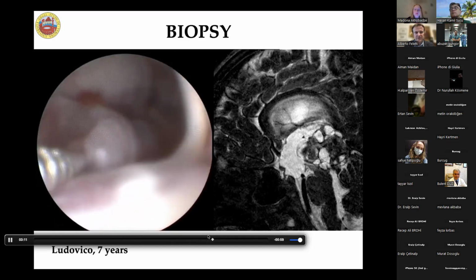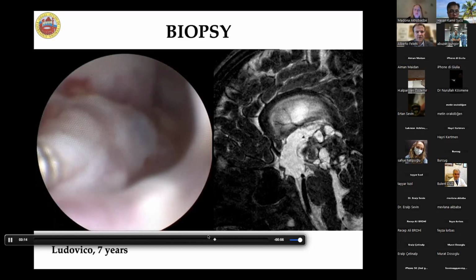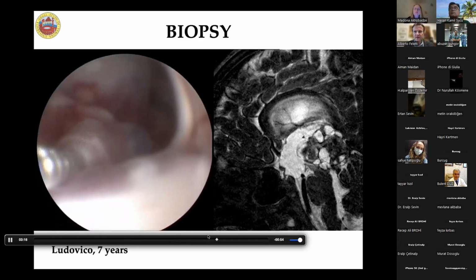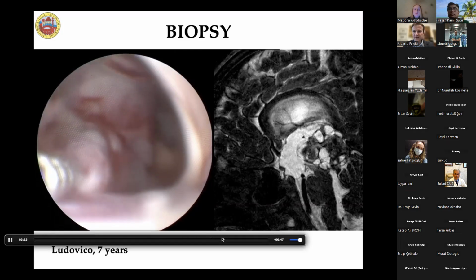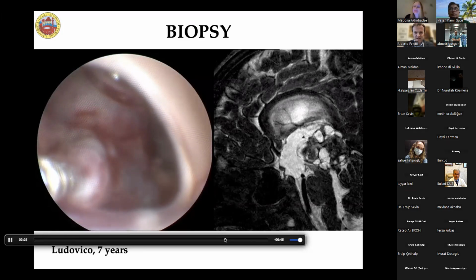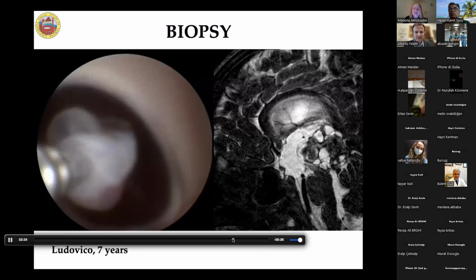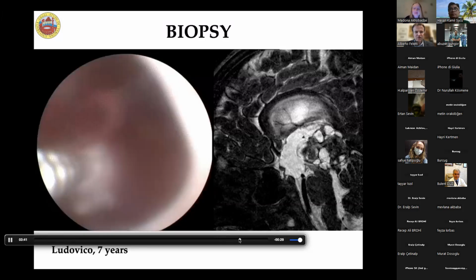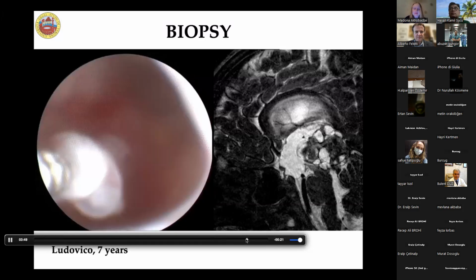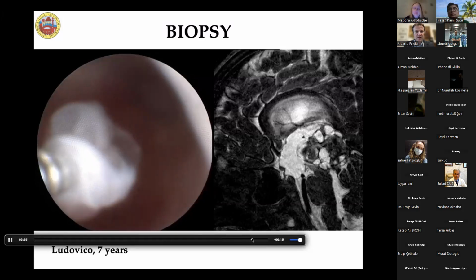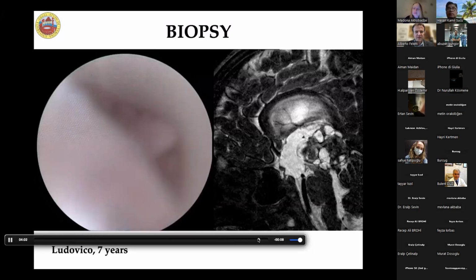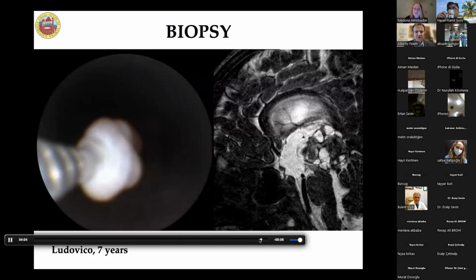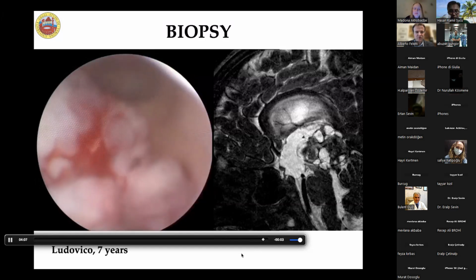As you can see from this video, I use this technique of rotating the forceps when I grab the tumor. It's a technique that we can call the spaghetti technique, if you want, as I am Italian. And by rotating, you can actually detach some samples. Again, some blood, of course, will appear, maybe hampering your vision, but irrigation will be enough to get rid of these small bleedings, as you can